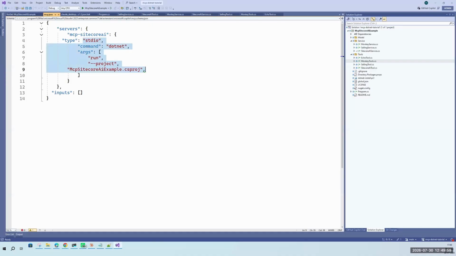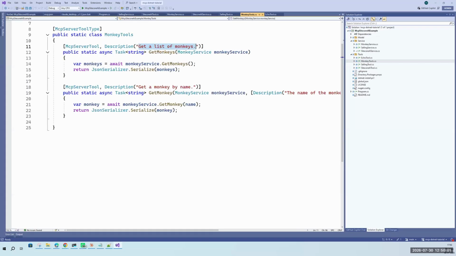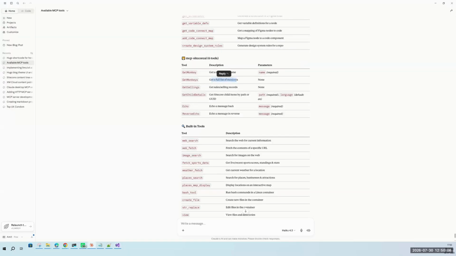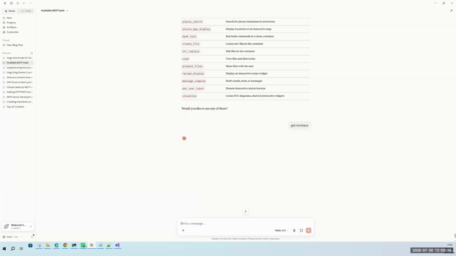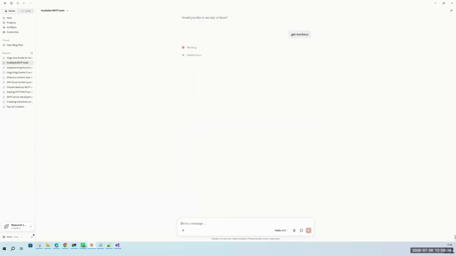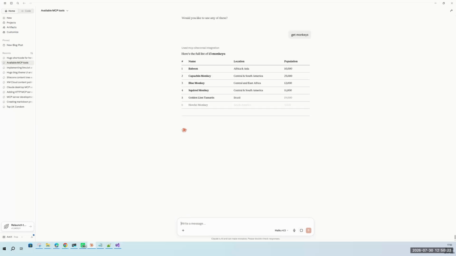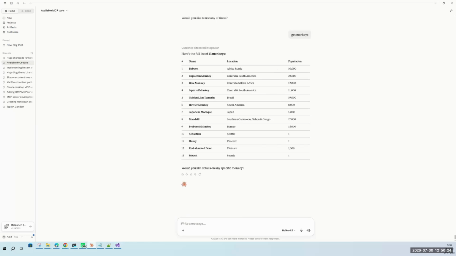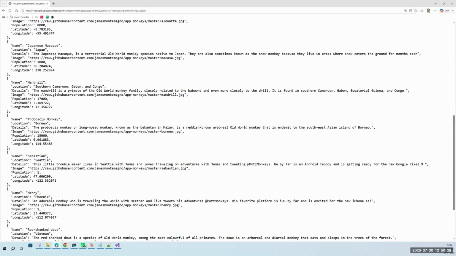Because you have already defined those things here, and these are available to your AI agent. That's why when I said get list of tools, it automatically gives you the description. If I simply say get monkeys, it will automatically map to the get monkeys method and give me the list of the monkeys present in this raw data, right?